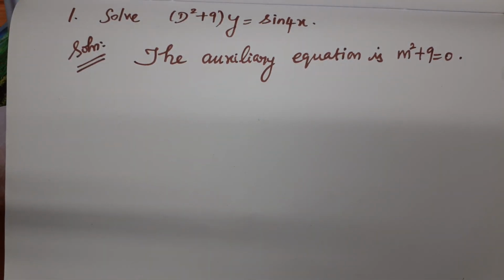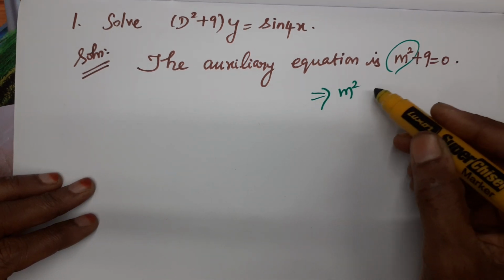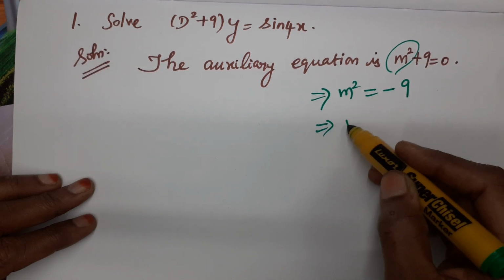Already I have explained how to find the auxiliary equation, how to find the roots and how to write the complementary function in my previous two videos. Kindly go through those videos for better clarity. Now we have to find two values for m. So m squared plus 9 equal to 0 means m squared is equal to minus 9, which implies m equal to plus or minus root of minus 9,